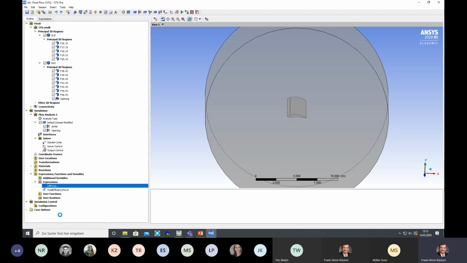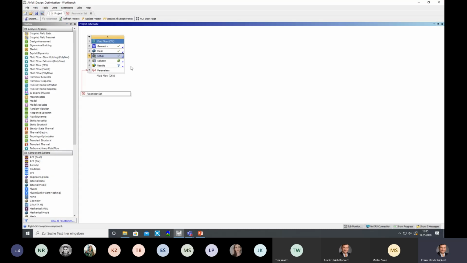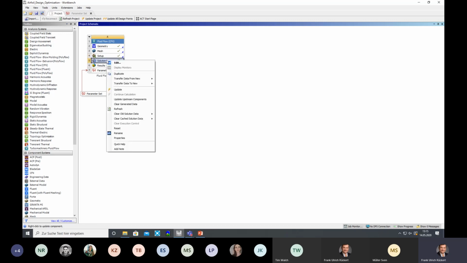We try this later. We keep it simple at the beginning. So just close it. And everything was all right. So we do our first simulation. I go to update